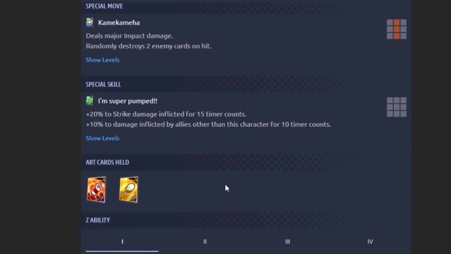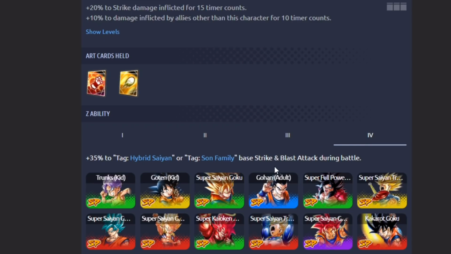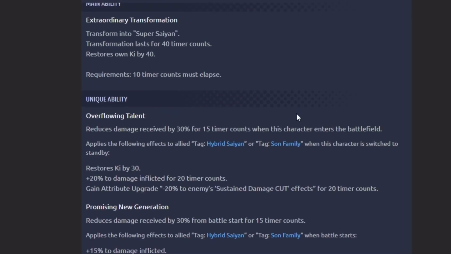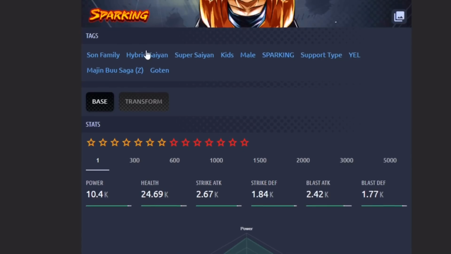Here we have his special skill. I'm super pumped. Plus 20% strike damage inflicted for 15 timer counts. Plus 10% damage inflicted to allies other than this character for 10 timer counts, which is good. Holds a strike and a blast. And here I'm assuming it's Sun family and hybrids, which it is. But here we have a more offensive style, which is strike and blast attack, plus 35%. Very solid unit. Let's take a look at his transformation really quick before we go dissect Zenkai